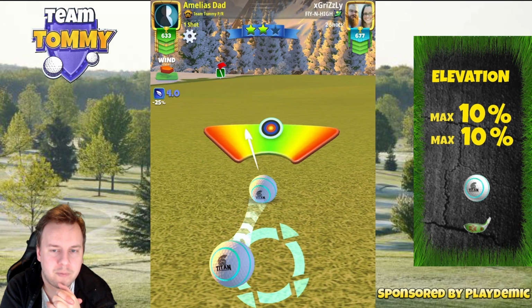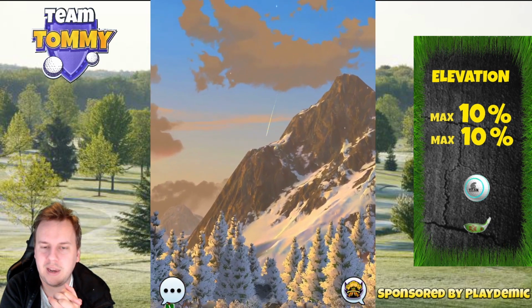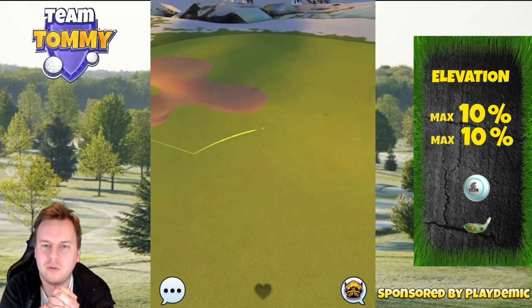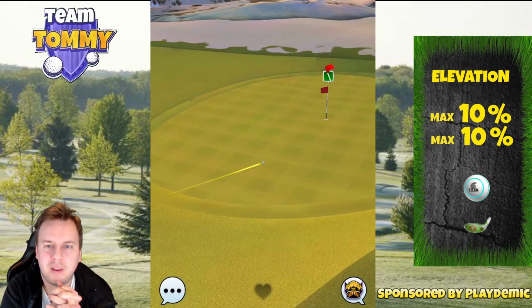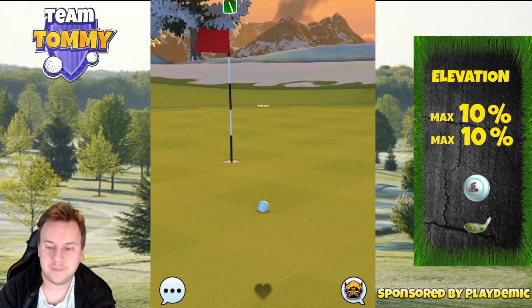Maximum distance plus 10, as you already saw, I'm using 2 bars of side spin to the left, and then we will apply 3/4 of the ball outside the adjustment ring to the left. And bouncing on the fairway, getting down towards the green, and then we are going to